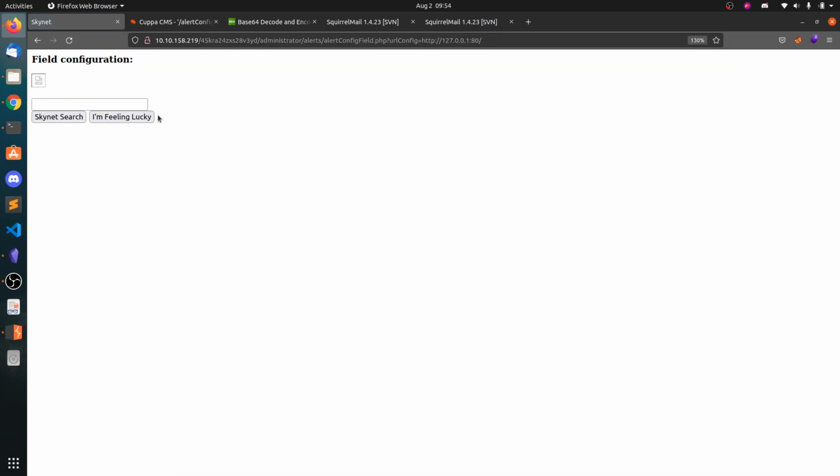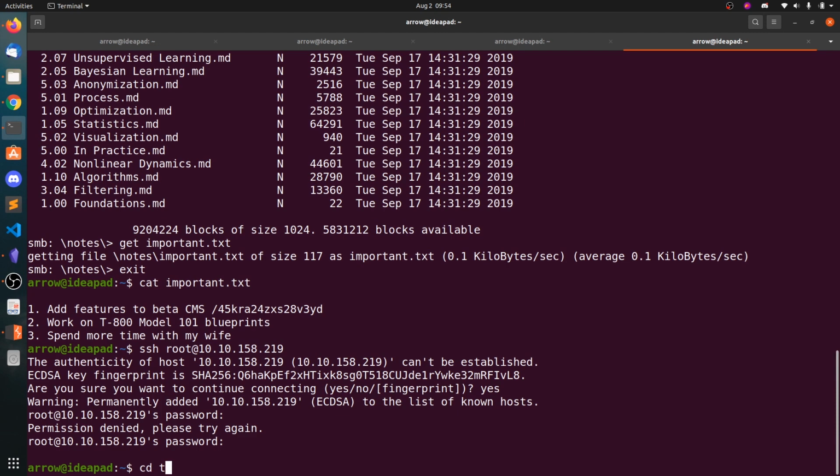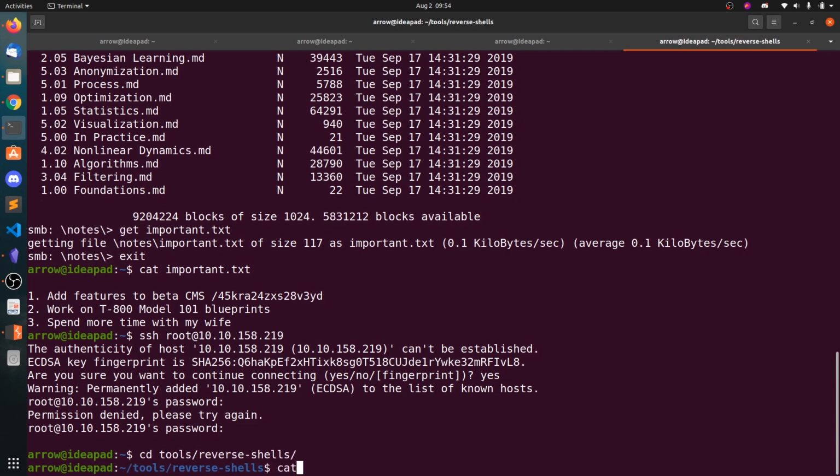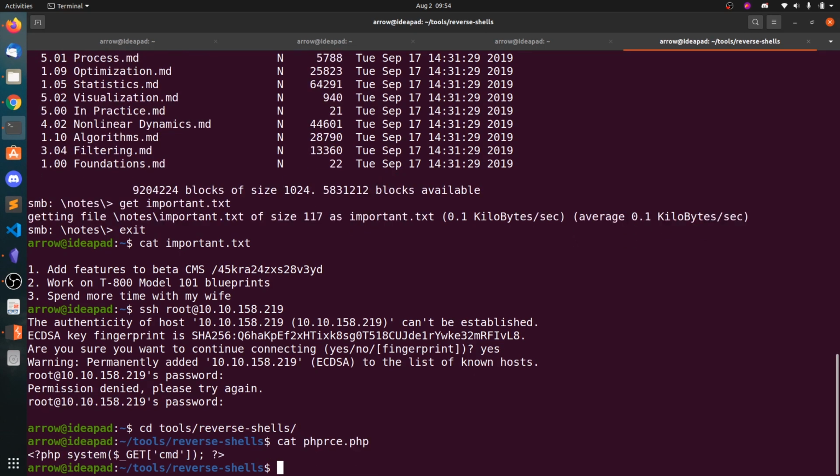and you can see this is the index page for our website, so that means it has remote file inclusion. So what you can do is, we can host this PHP file.